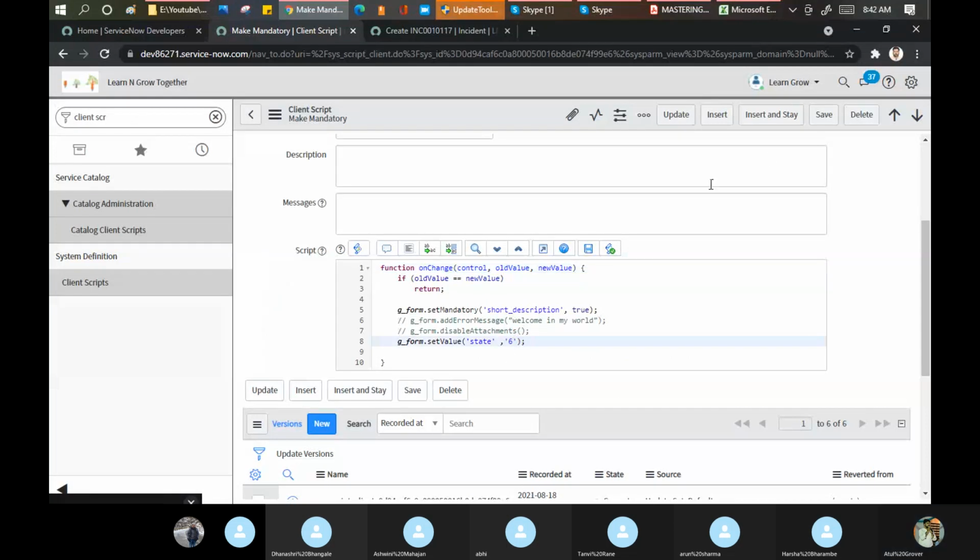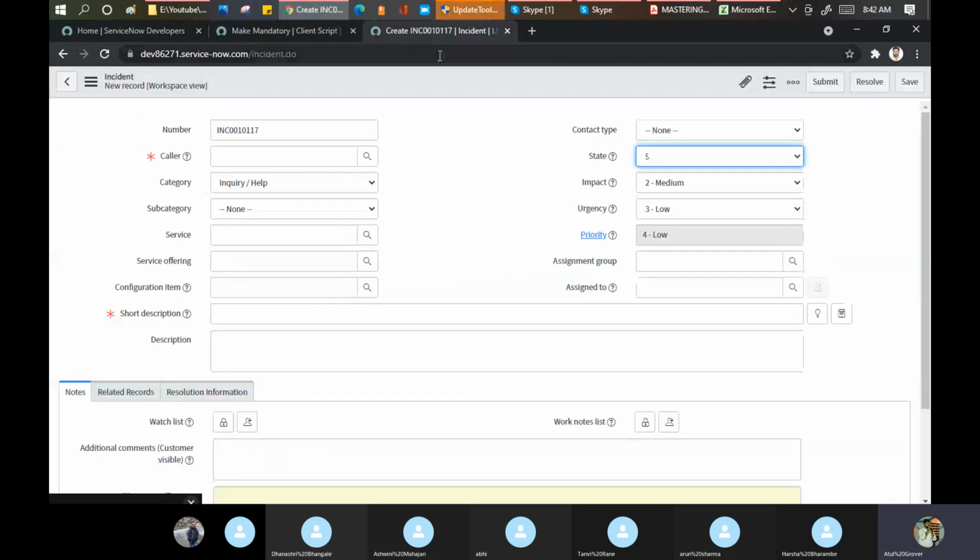Let me write. I'm just trying with you guys, nothing else I'm doing new here, so that you can understand how these things actually work when you do the scripting. See, now it goes to the resolve. Right? So this way, you can do the set value as well.